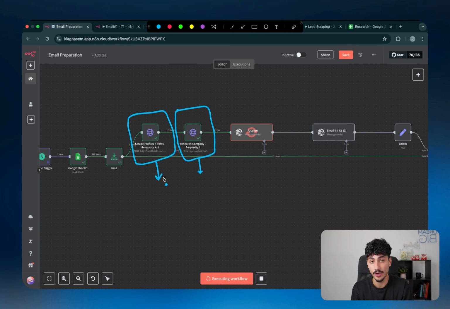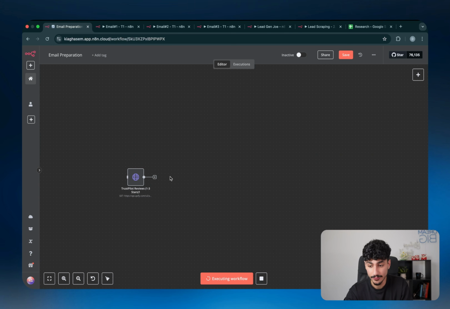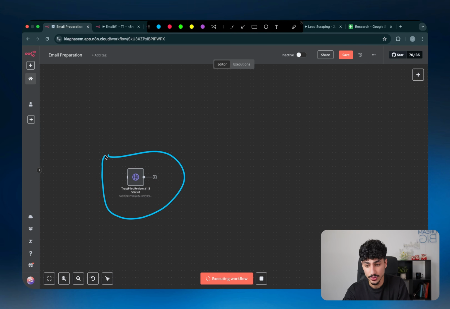And this one is going to find out all the information from their main social media platform, which is going to be LinkedIn. And if you guys want, you can make this research component infinitely complex by adding more and more APIs that will research them on more and more platforms. Like for example, I have a node down here that I haven't used that I'm going to give you guys access to, which will also scrape